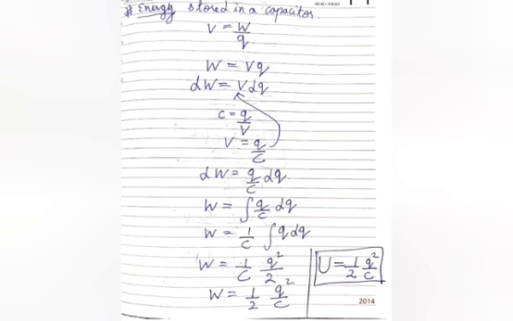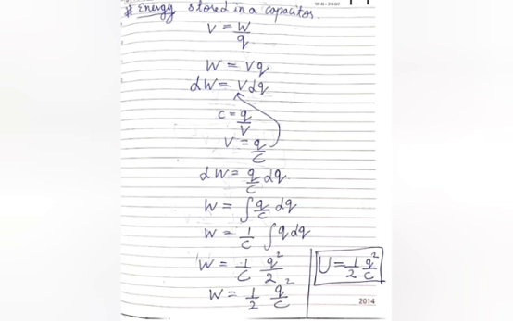Now when we store charge in a capacitor, obviously we cannot store the entire charge at once. So one by one we'll put the charge in the capacitor. So instead of taking Q as Q, we'll take it dQ, that is small charge. So when it becomes dQ, W becomes dW. And as we know that C is equal to Q by V, we can make V the subject, so V is equal to Q by C. So we'll put this expression in our formula dW is equal to V dQ, and we'll get dW is equal to Q by C dQ.